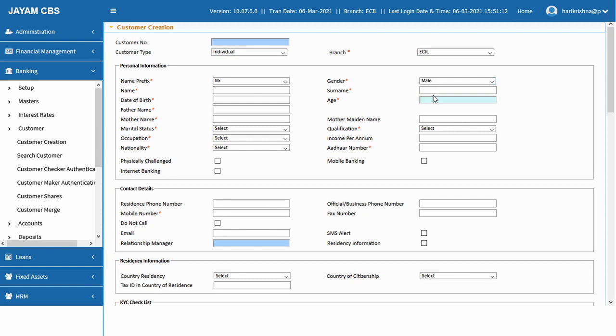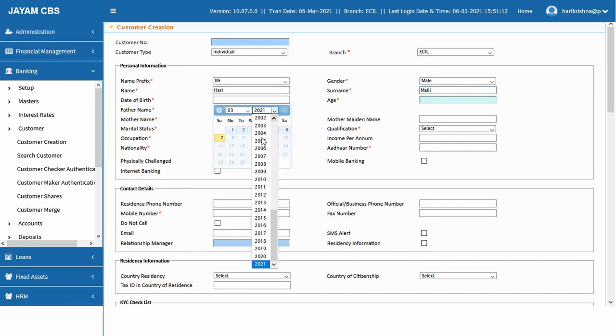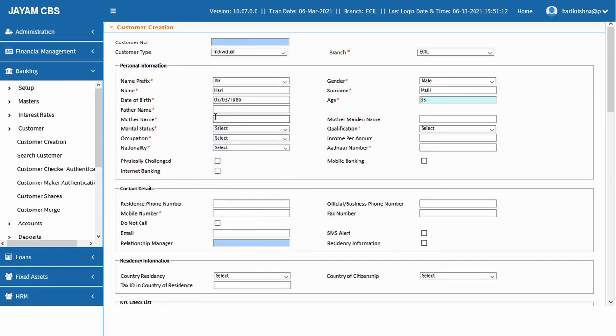Then I'll select the gender and the name, date of birth, customer's date of birth, father's name, mother's name, maiden name.